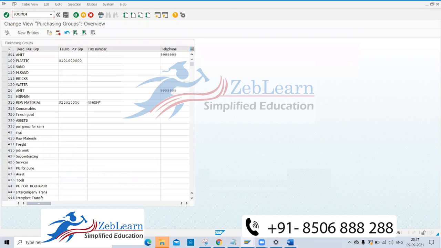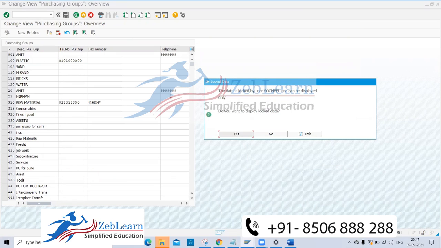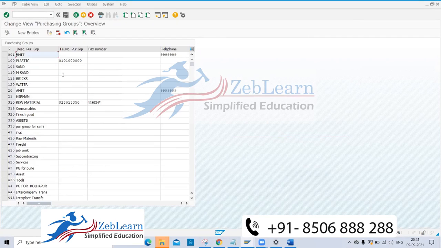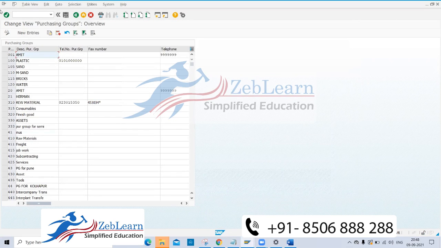If you type the OME4 T-code, it will take you there. See, the error is coming now because I have already opened it, so I am just clicking No. So this is the direct T-code OME4 to create a purchasing group, and the menu path is through Materials Management, then Purchasing, and Create Purchasing Group.